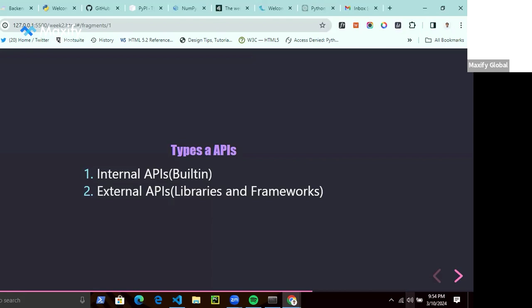These are libraries and frameworks. A library is a collection of pre-written code that provides functionality for specific tasks or domains. A library typically offers APIs that developers can use in order to access certain functionality. So the essence of us using external libraries or external APIs is because we want to make use of other people's code. We want to ensure that we have certain functionalities in our application.